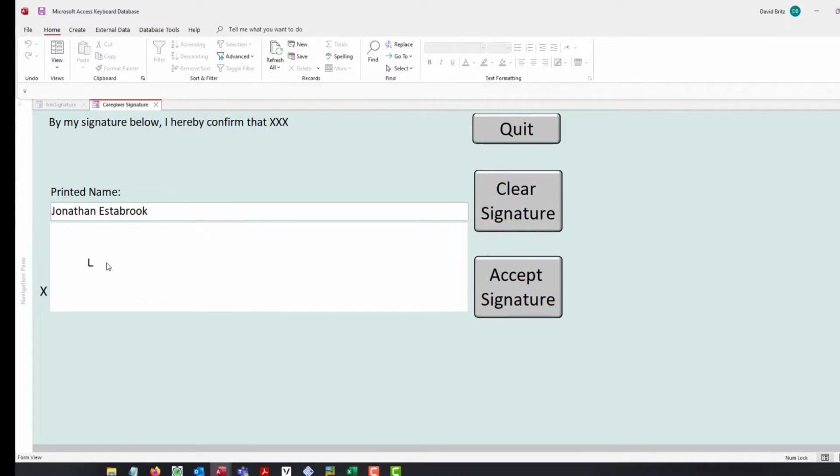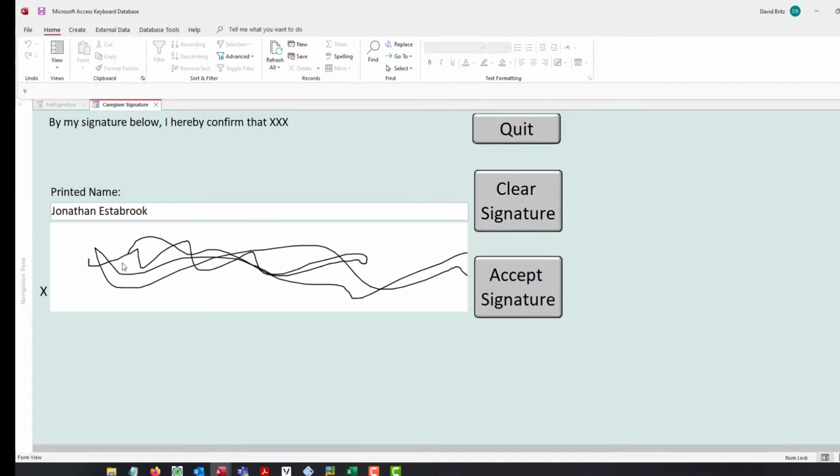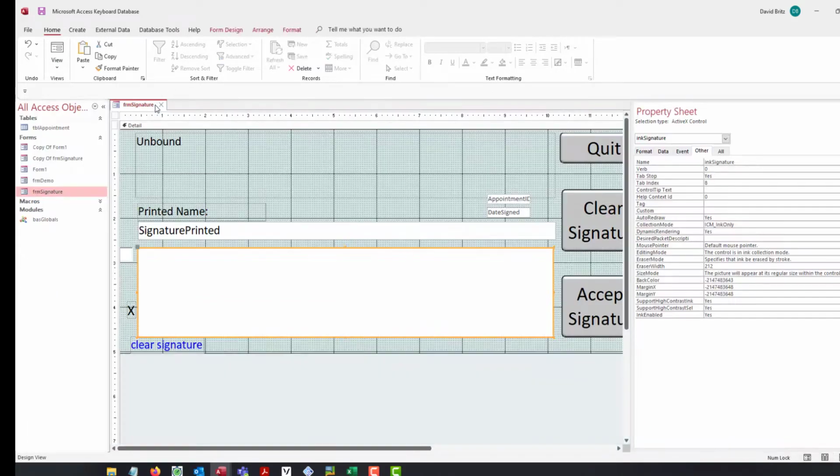And it still has the old picture, but here we go. So we get one that works. And so that's the lesson that we're trying to show here. Make sure that you don't just copy the form. If there's a control in the form that doesn't work, go into design mode, remove that control, and copy it